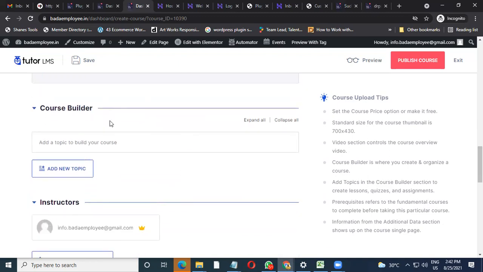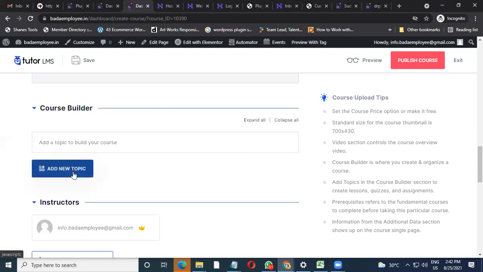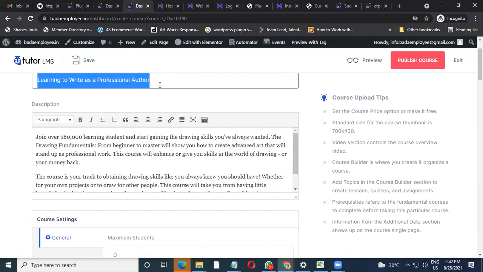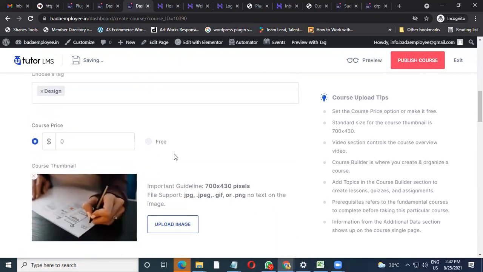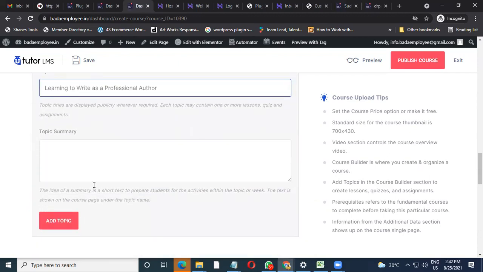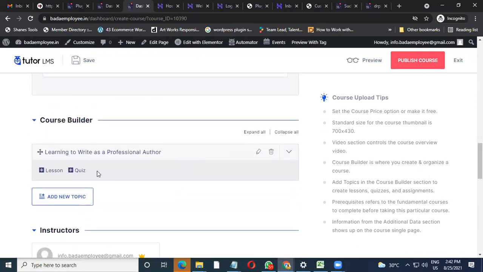Now this is where the course builder is. In the course builder, you can add a particular topic, like the same course name. Say for example, whatever course name we have, we'll just copy this, and we need to add it in the course builder. So add a topic. I'm just adding a topic, and after adding the course name, you add your lessons. Once you add your course name, you'll be able to see lessons and quiz. Now there are a lot of other add-ons which I'll show you, and as per your business strategy, you can activate and deactivate them also. There's a lot and a lot of things in this.